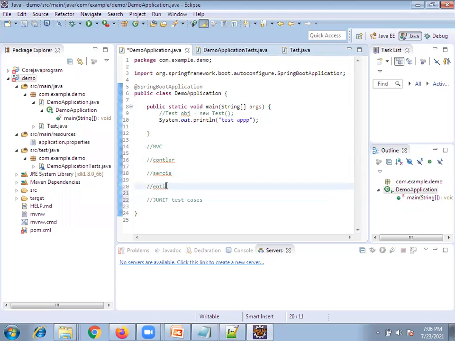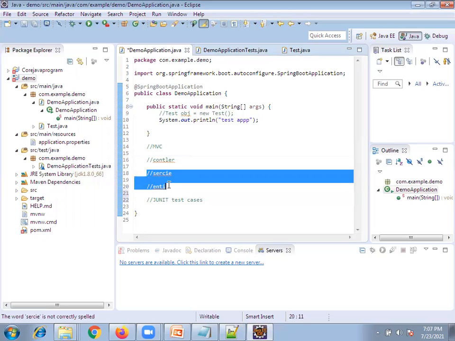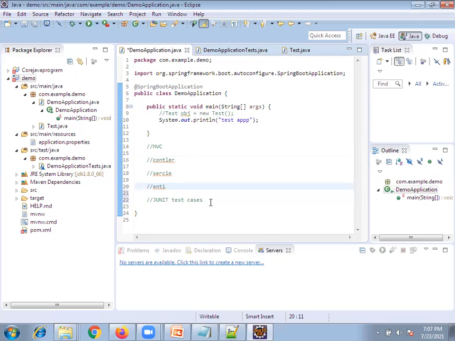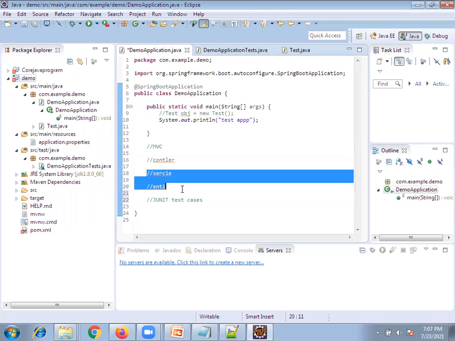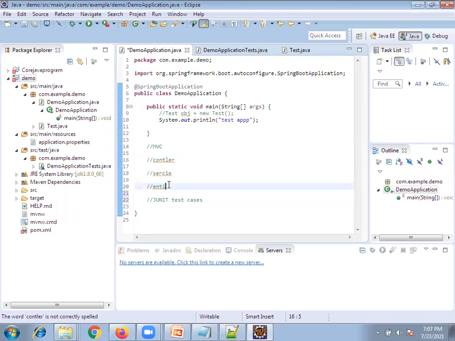Now, whenever you are trying to write get and fetching the data, it's easy to write. But in some scenarios, we are doing update and delete, right? So at that time, whenever we are trying to test these actual classes, it will go to the actual database and delete the data. So as a part of your JUnit test cases, it will go and delete the actual data. Does it make sense? No, right?